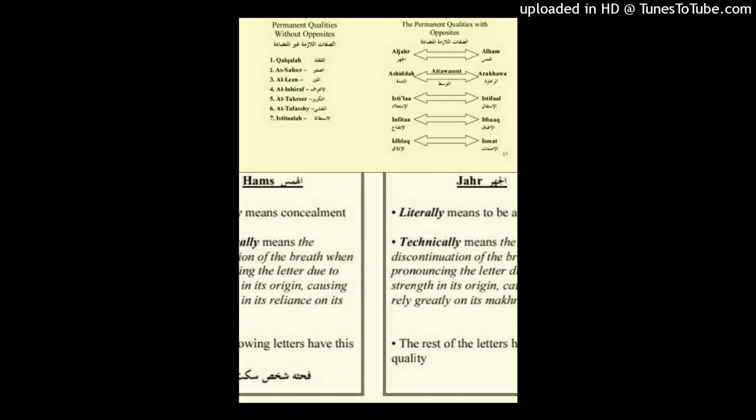You see the difference between the kaf and the qaf? With the kaf there is hems, ka, ka, there is air, and you can put your hand in front of your mouth and feel how the air is coming out. But when you say qa, qa, you should not expect to find air coming out of your mouth, and this is what we call al-jahr, or the apparent way to produce the letter.